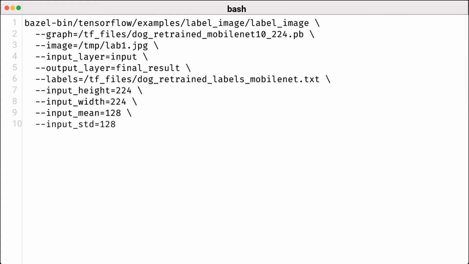Additionally, we should specify the path to the labels file generated during the retraining process. This file maps class indices to human-readable labels, which is key for correctly interpreting the model's predictions. Finally, let's set the dimensions for our input image to 224 by 224 and apply normalization parameters like input mean and standard deviation. These aspects help align our image data with the format the model expects. This setup is really vital for achieving accurate classification and allows label image to effectively process and predict the content